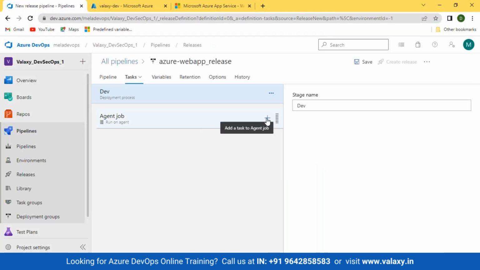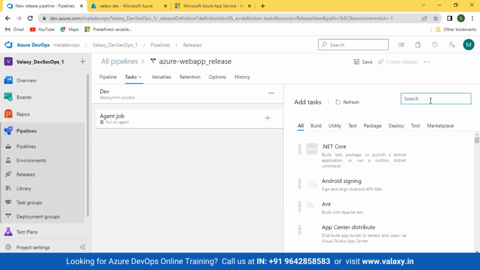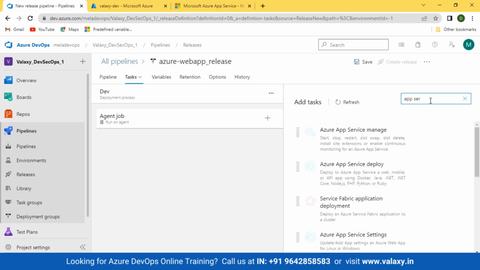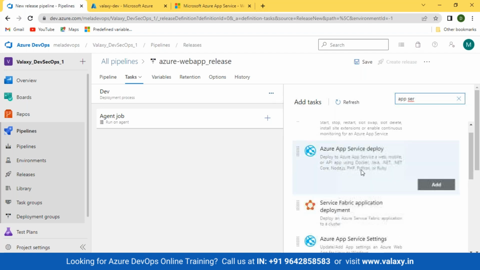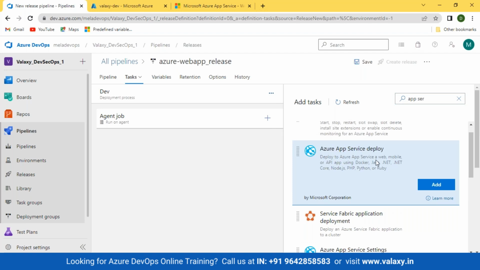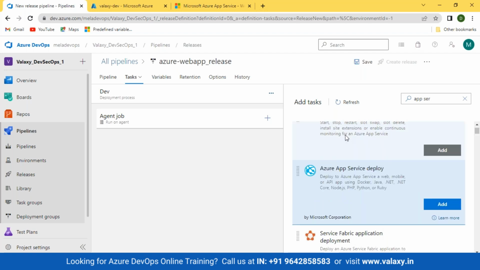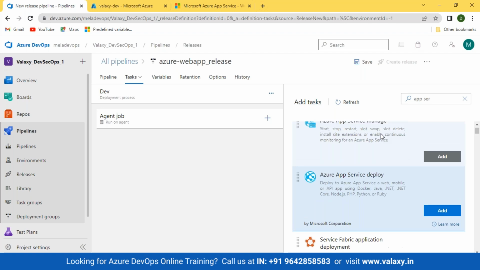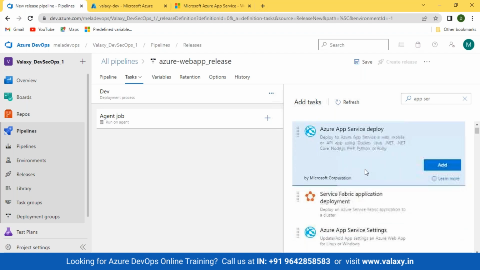So in order to add a task, just click over here, add a task. So you can look for app service, something like this. Now there is an option called App Service Deploy. So if you see this, deploy your Azure app service, a web, mobile or API using Docker, Java, .NET Core. So this is the one we want. We got .NET Core, correct? Now if you want to know more about this, whether this is the right task or not,